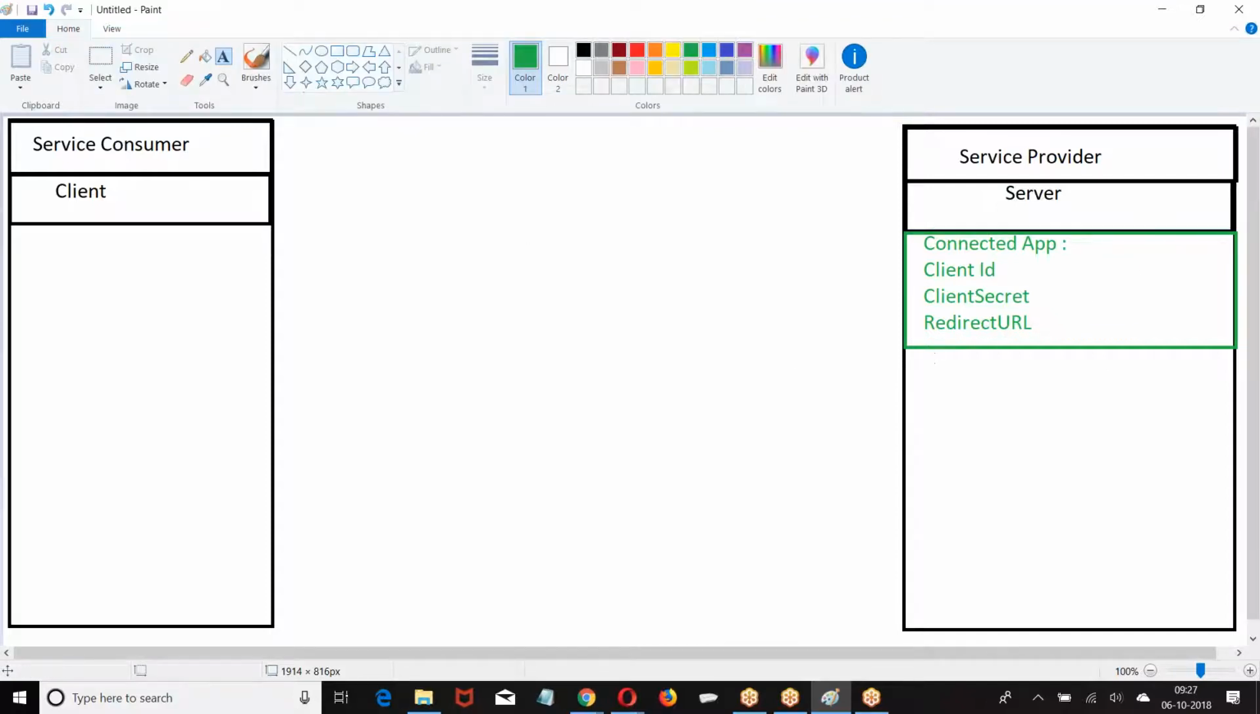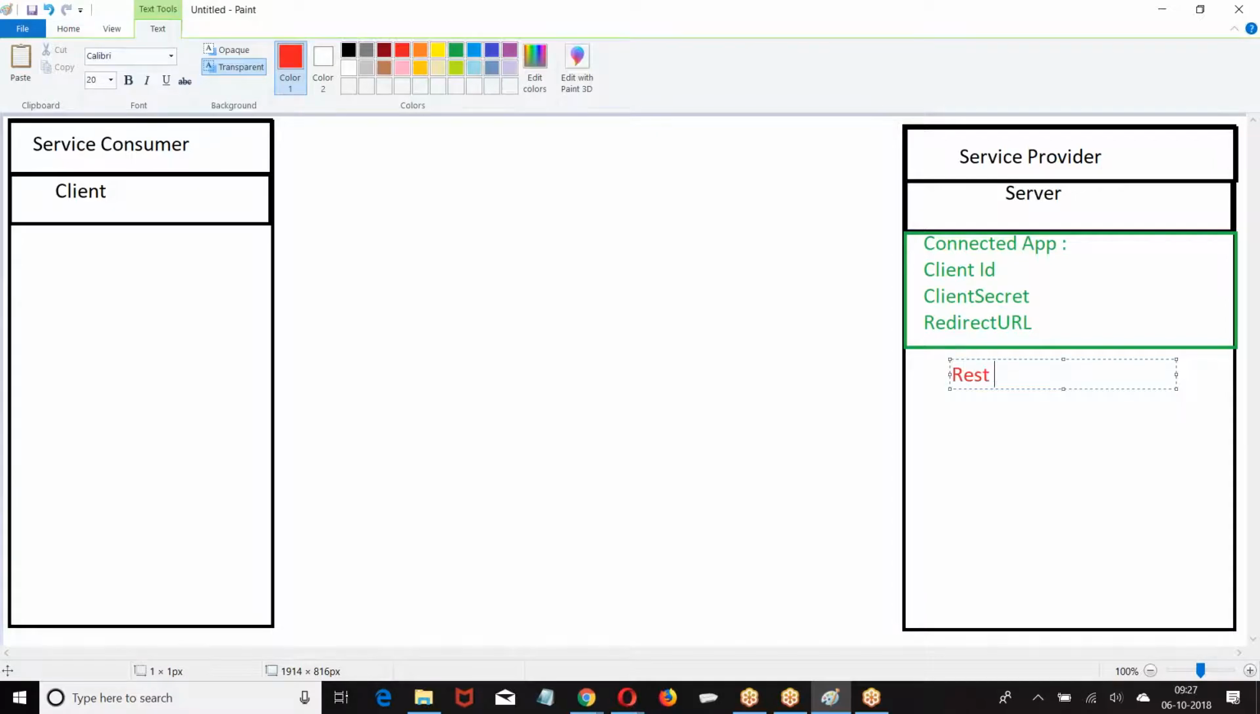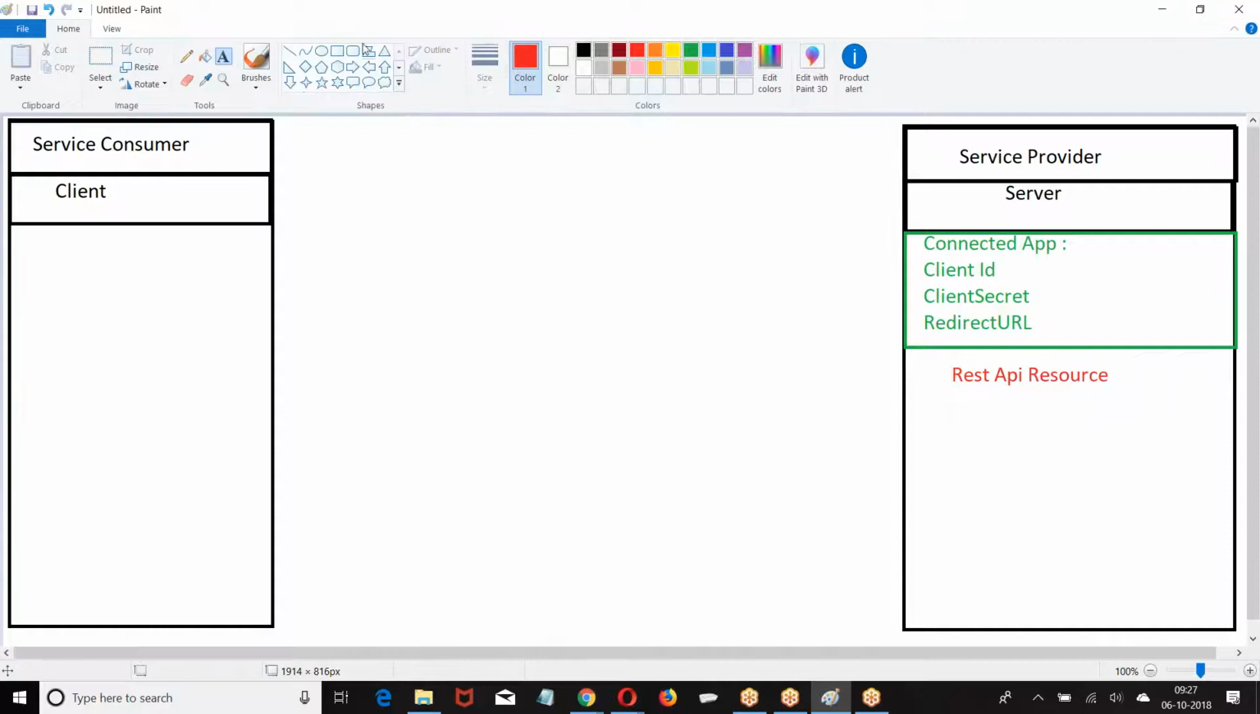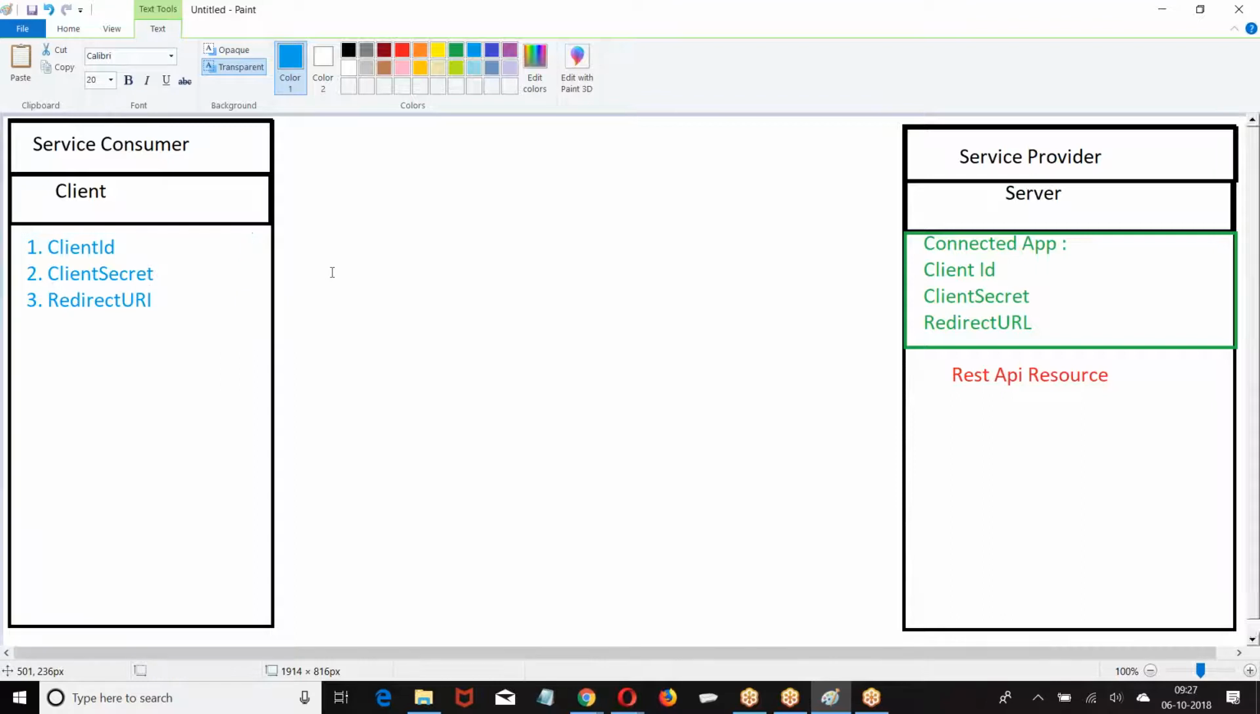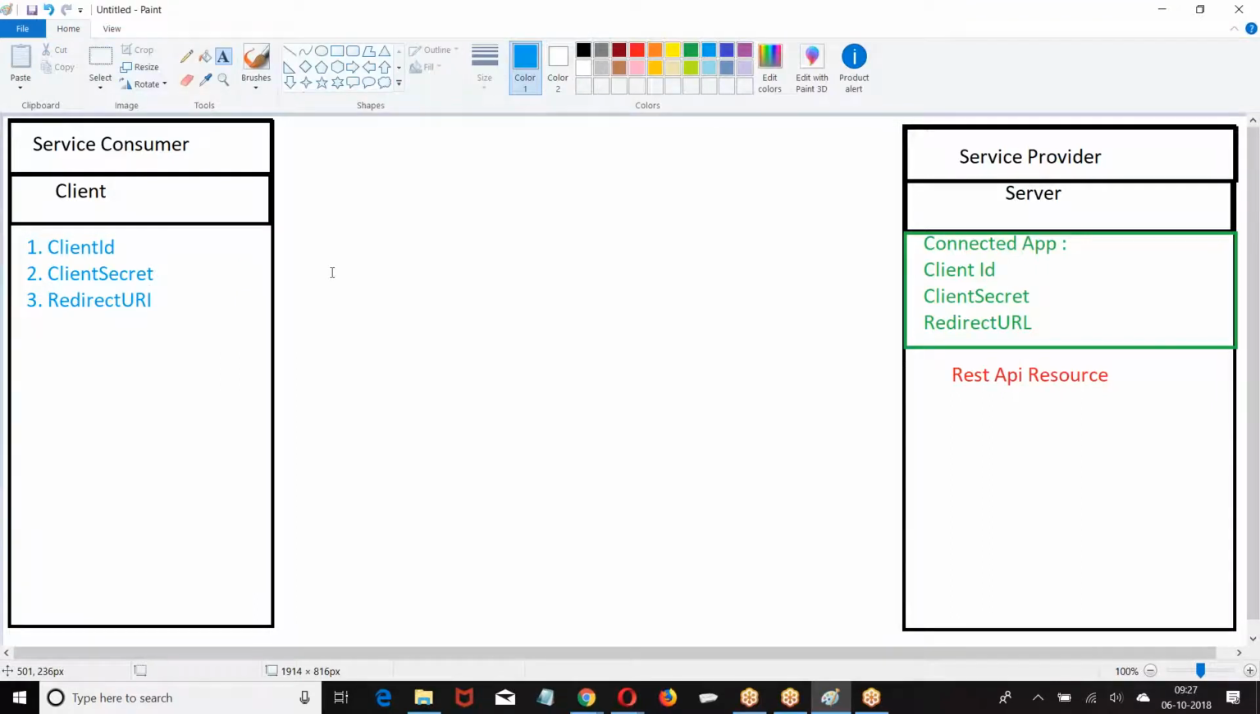Once I made this, then I was supposed to create a resource. So what I was giving to the client I was giving client ID, client secret, redirect URL. These are the three credentials I have given you. As usual, I have authorization server,